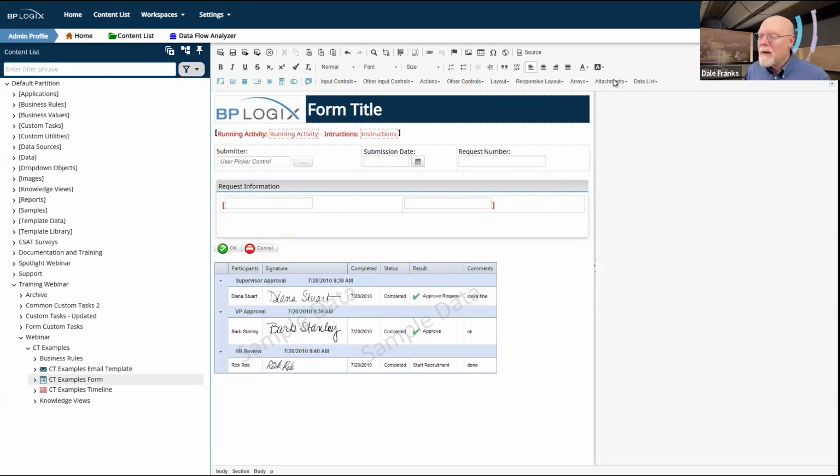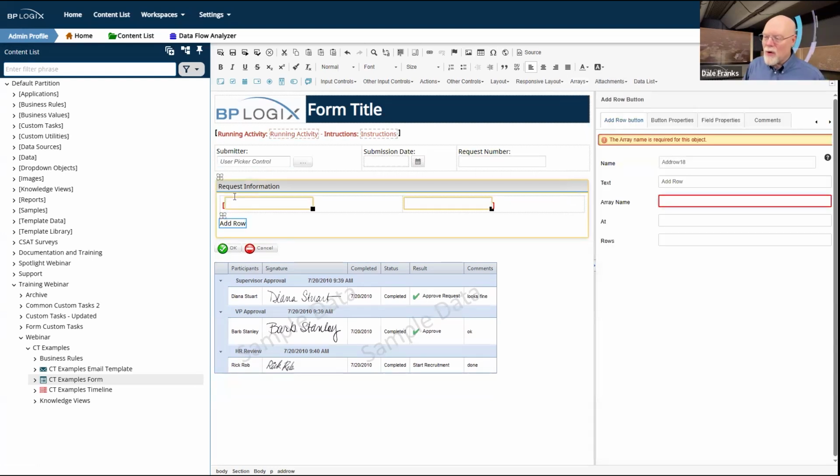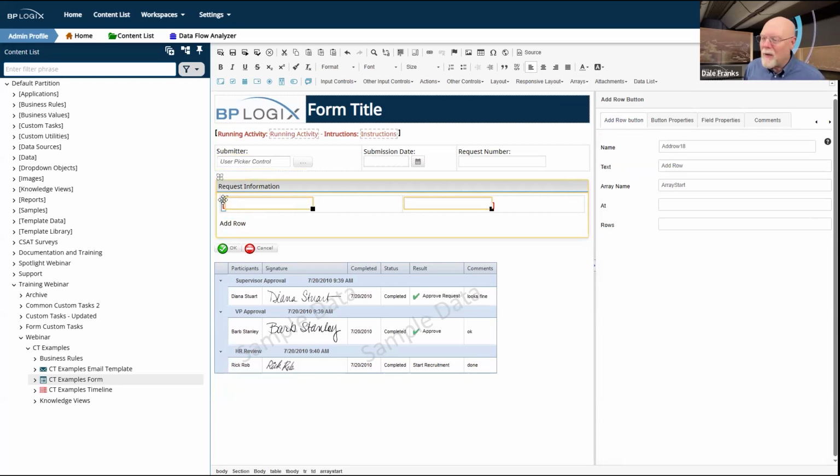And just for general purposes, we will drop an add row to array control there. And I forgot what the array was named. I'm going to need that to customize my add row. It won't let me do that until I give it a value. And that's not the value I want because I don't know what value I want. It is that array start 14. Now we'll go back to my add row and we'll paste in array start 14.